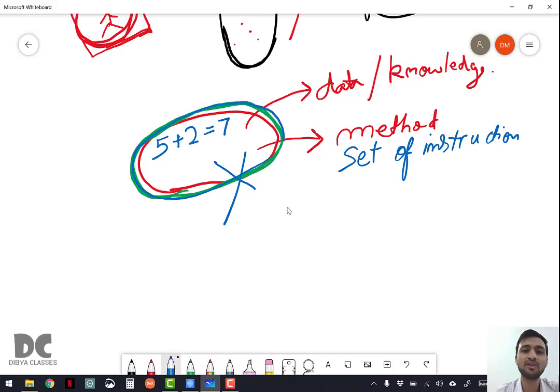It is wrapping all the knowledge, all the instructions inside this one thing. All the data, all the knowledge, all the methods, all the instructions are present inside this brain, which cannot be seen. It is covered up. Since all the data and methods are covered up, we can say that the brain also follows the encapsulation concept.